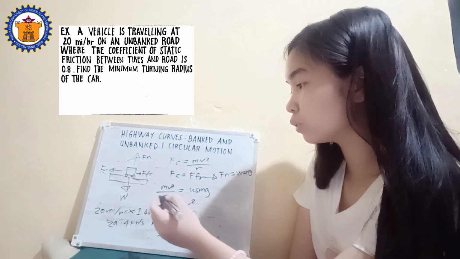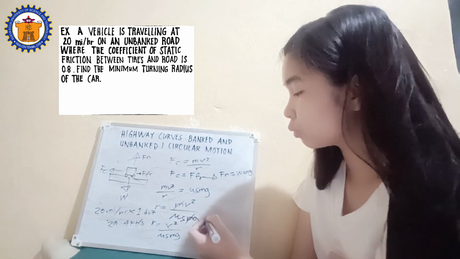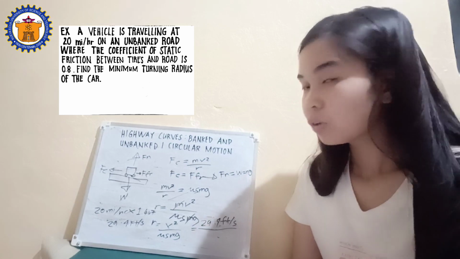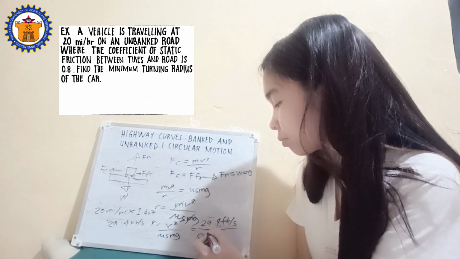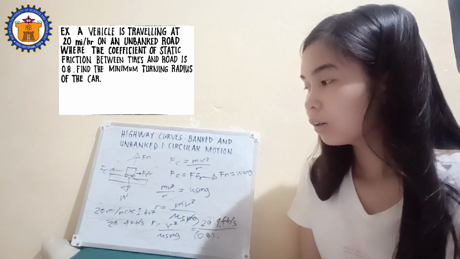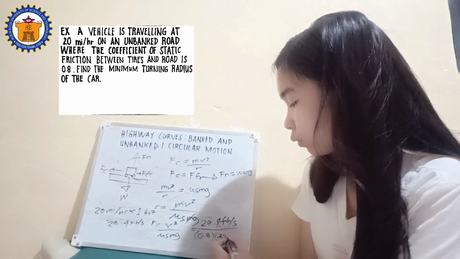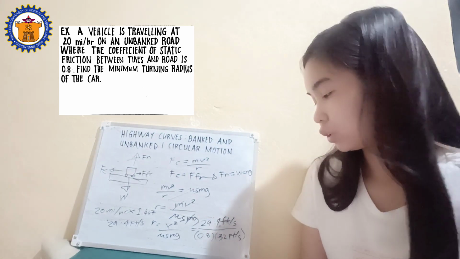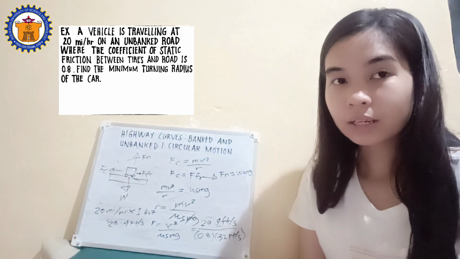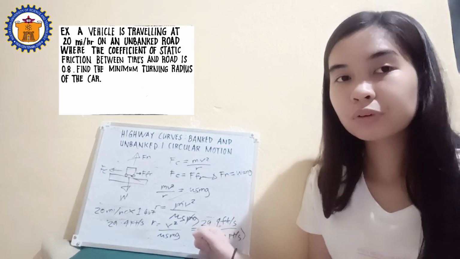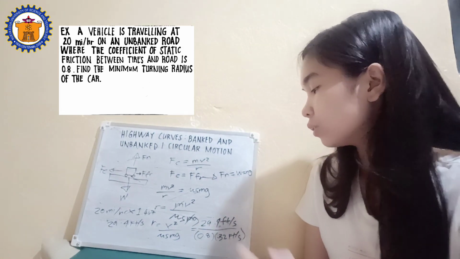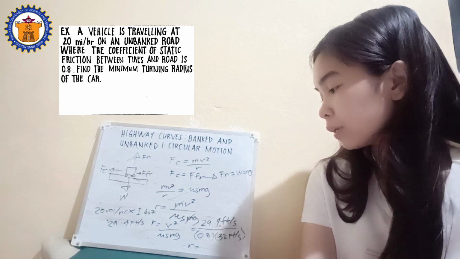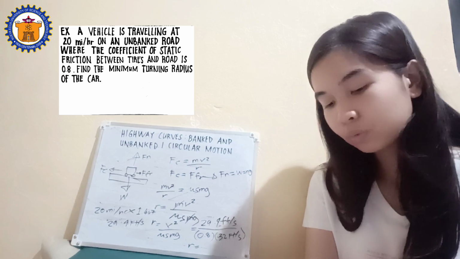So, radius is now equal to the velocity that we converted into feet per second, which is 29.4 feet per second, squared, over the coefficient of static friction, 0.8, times our gravity, which is 32 feet per second squared. This is the constant value of gravity when the unit is in feet per second squared. So, the radius is 29.4 feet per second squared over 0.8 times 32 feet per second squared, which is equal to